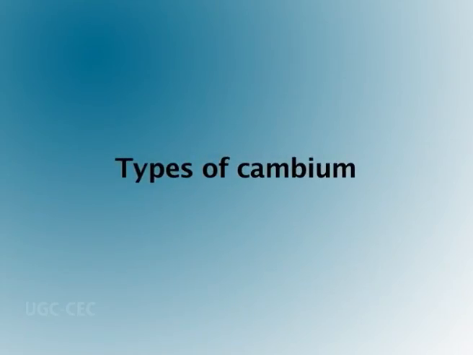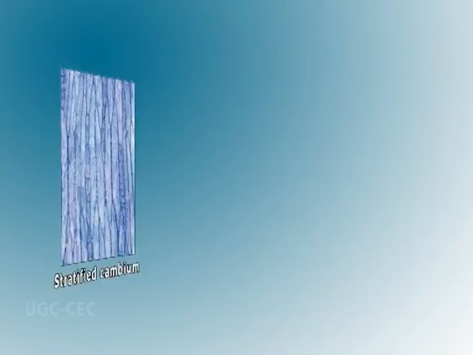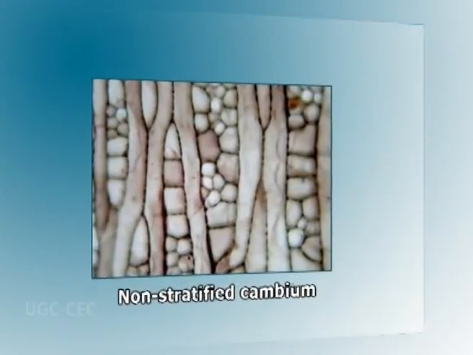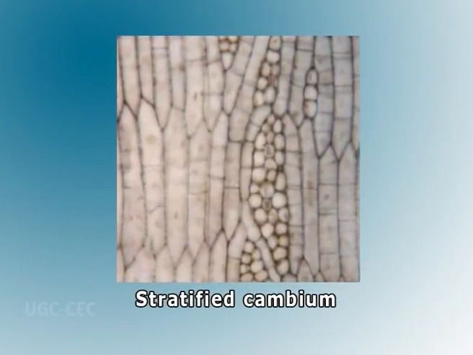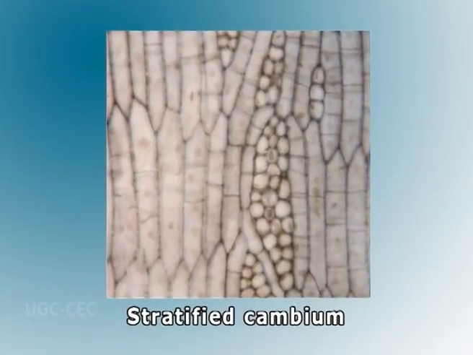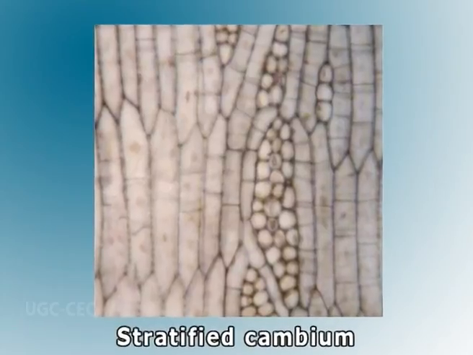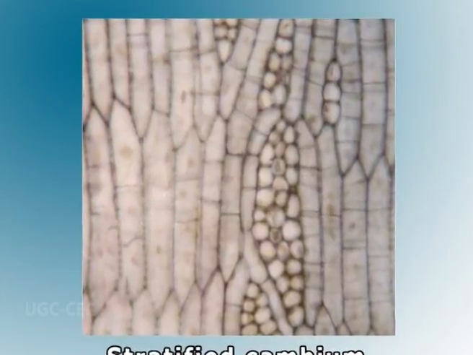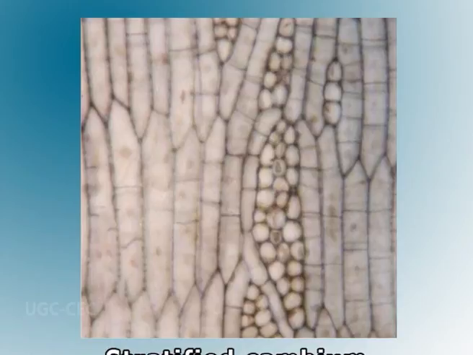Now, types of cambia. In tangential view, the arrangement of cambia shows two basic patterns in the vascular plants: stratified and non-stratified type. Stratified type. In this type, fusiform initials occur in horizontal tiers, uniform in size, with the ends of the cells of one tier appearing approximately at the same level. Such meristem is called storied or stratified cambium. This type is of rare occurrence and characteristic of plants with short fusiform initials.